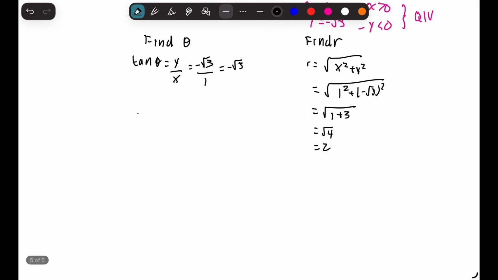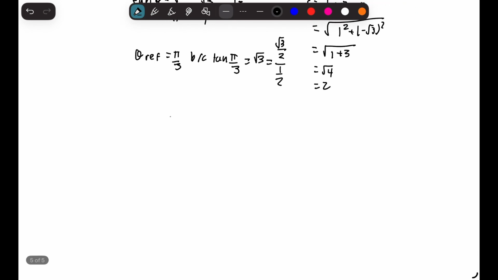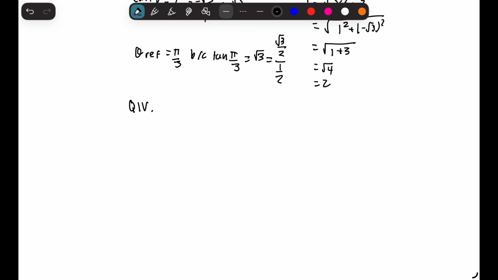Now, theta ref is equal to pi over 3 because tan pi over 3, as we've seen earlier, is equal to root 3 because it's root 3 over 2 over 1/2. So that means that it's in Q4. You have to adjust for this. That means that theta is equal to 2 pi minus pi over 3 from the reference angle, which is 5 pi over 3. Now in polar,